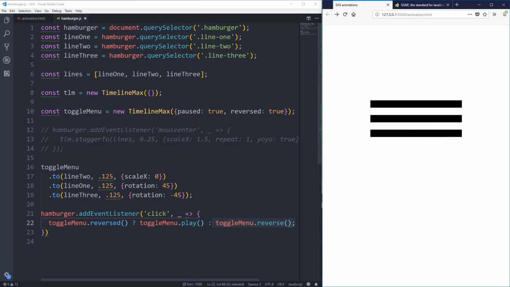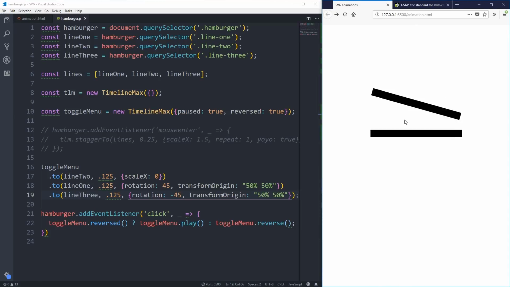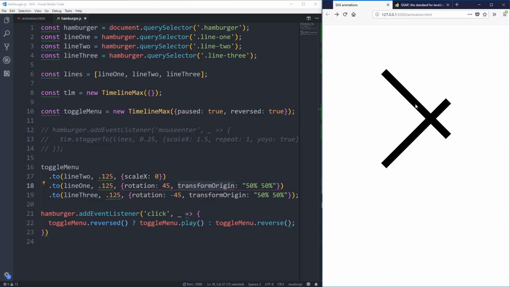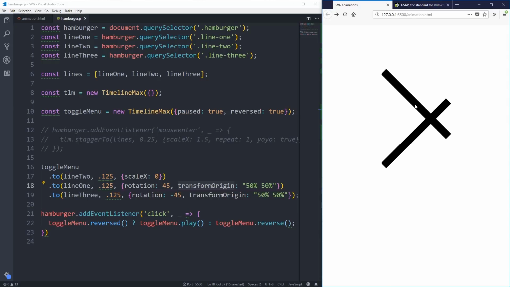So on these where I have my rotation, I'm also going to do my transform origin, and this one is the same as in CSS, how it works. So let's just put it right in the middle and put the same thing right on here. So now it's still not a perfect X, obviously. But if I look at this one, when I click, you can see that it is rotating. My mouse is pretty much in the middle, and you can see it's rotating around that. And if I come here and I click on it, you can see it's pretty much rotating on that axis,